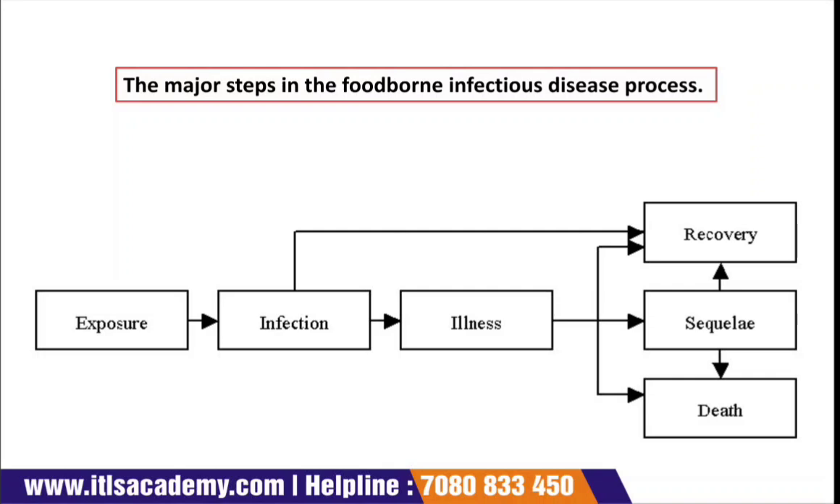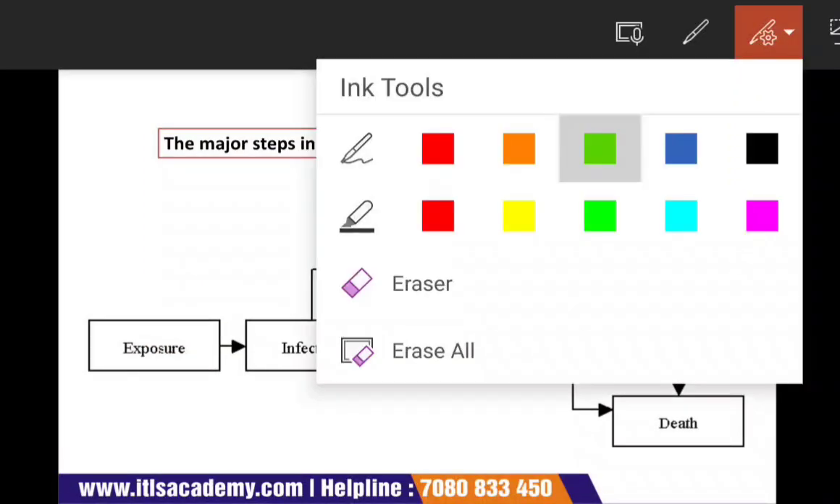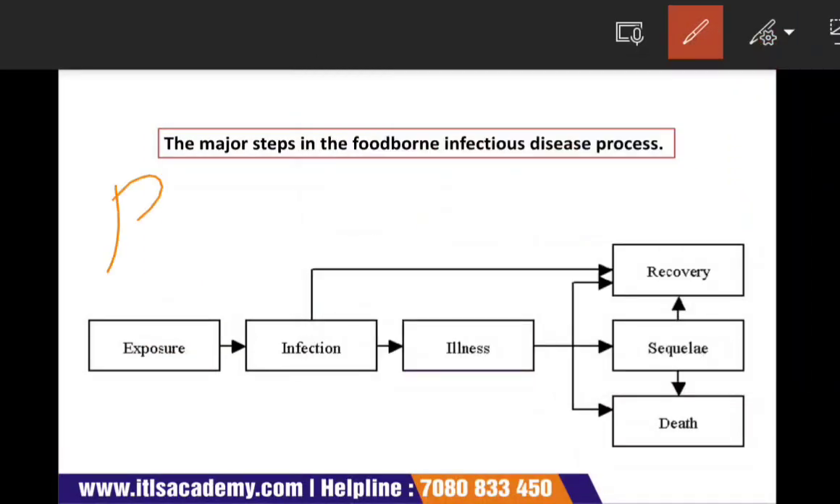Now, if you see this slide, there are some major steps in the foodborne infectious disease process. So, first the body gets exposure to different kinds of hosts. यहाँ पर आपकी बॉडी को एक्सपोजर मिला है किसके थ्रू? पैथोजन के थ्रू। ठीक है, अगर मैं यहाँ मार्क करूँ कि यहाँ से पैथोजन एंटर हुआ है, आफ्टर द पैथोजन गेट